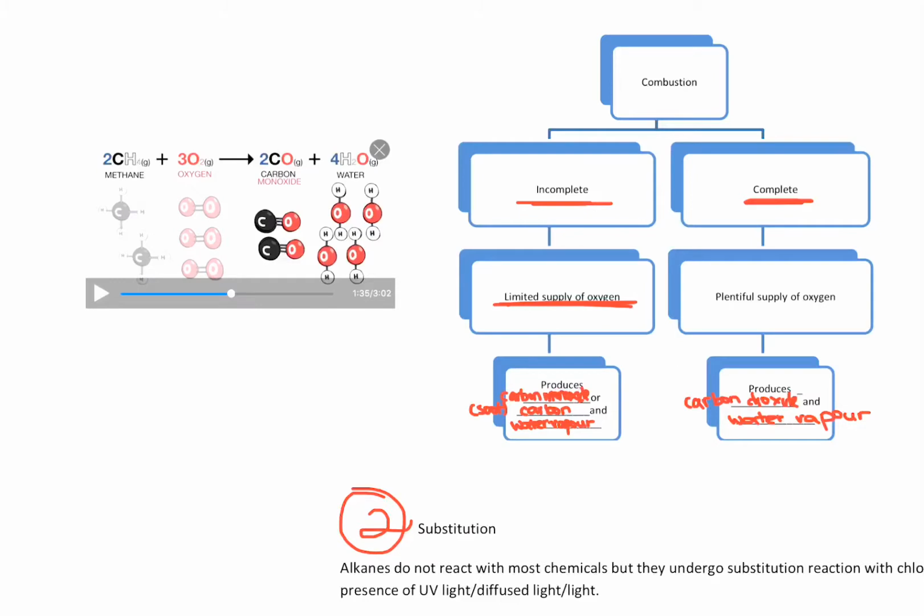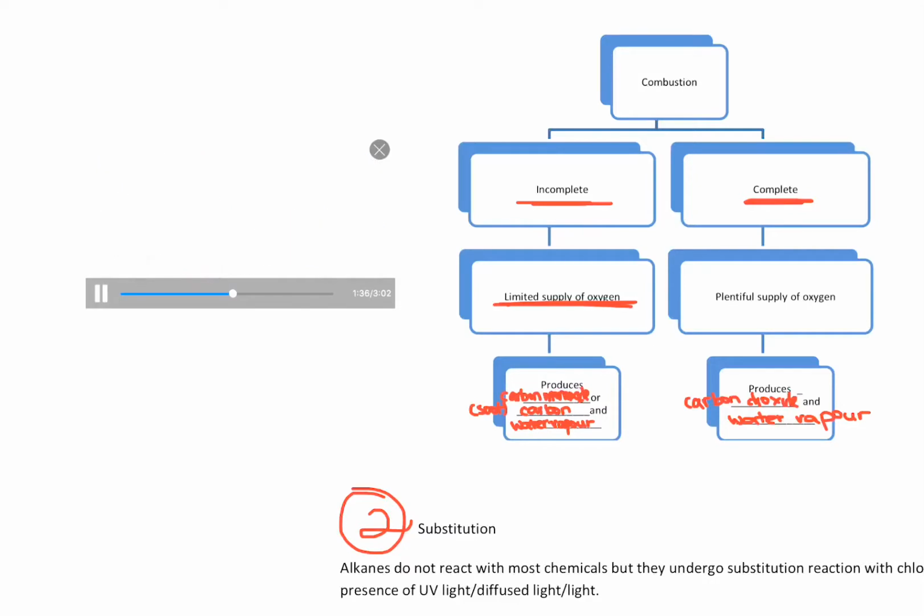So this is one possible set of products for incomplete combustion. So carbon monoxide and water. Well, the water actually is going to be in the gaseous state. So you can see the state symbols. It says gas there. So it's water vapor actually because of the large amount of heat that is generated. So it's going to automatically turn water to gaseous state. CH4 gas plus O2 gas gives C solid plus 2H2O gas.